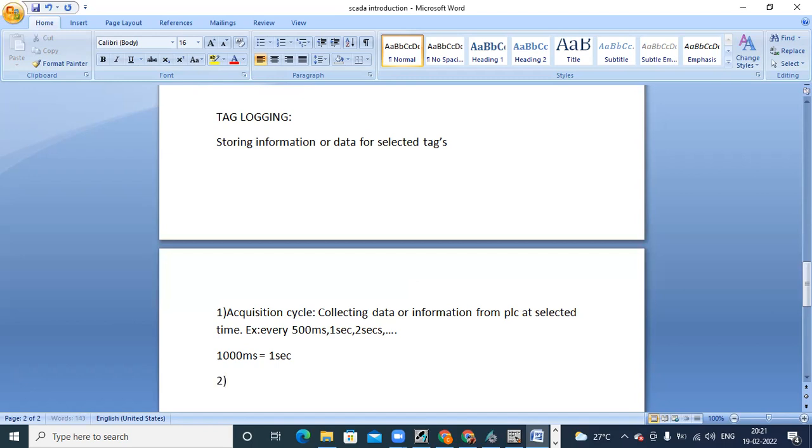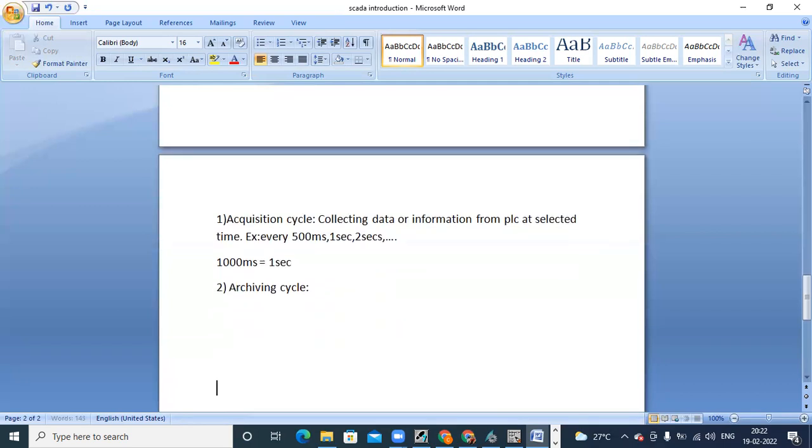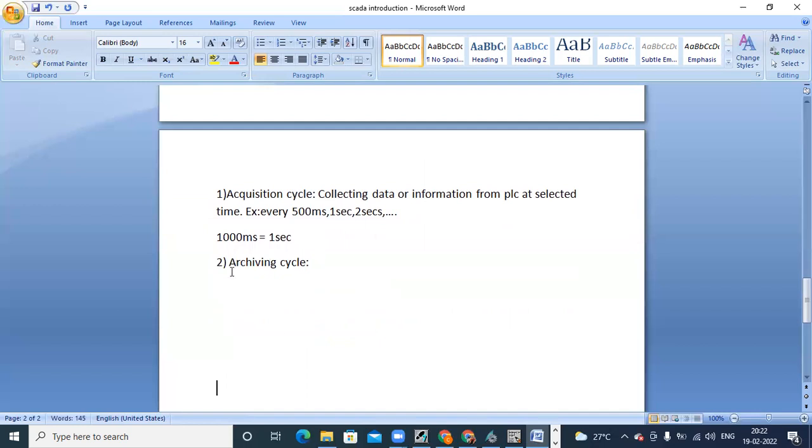Similarly, we have the archiving cycle. Archiving cycle means storing data. Archiving means storing; we are creating an archive file where I have stored the data.